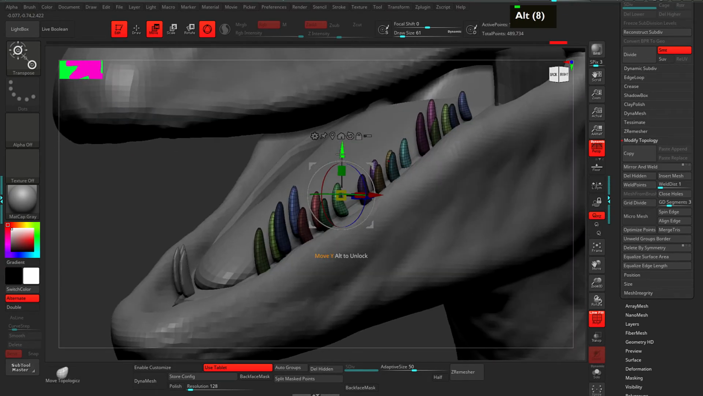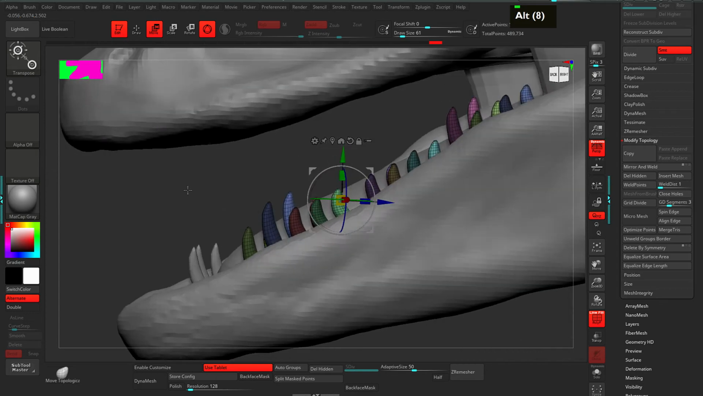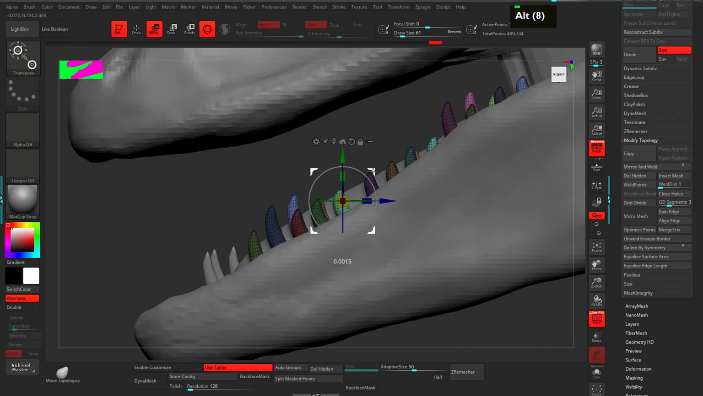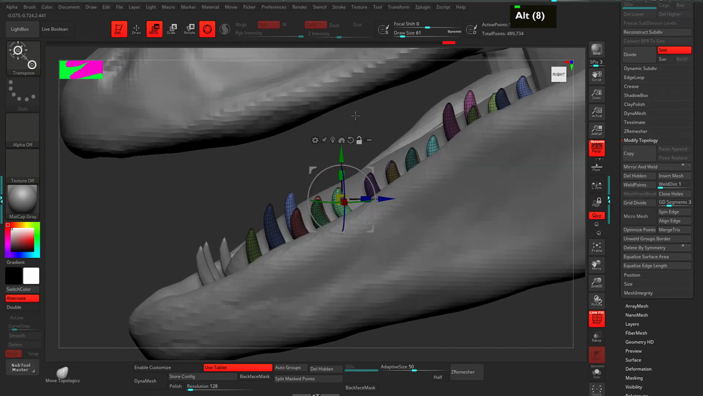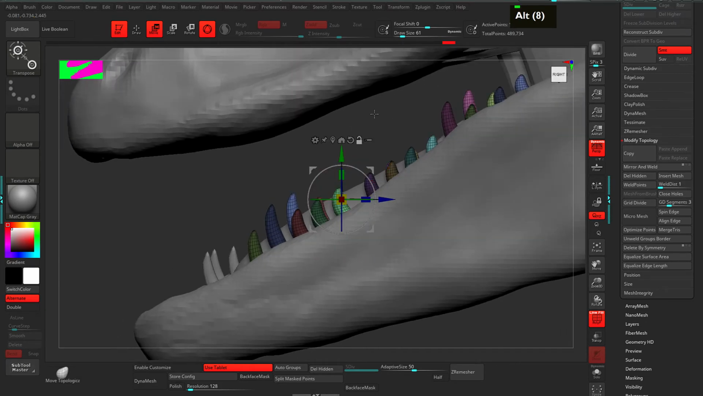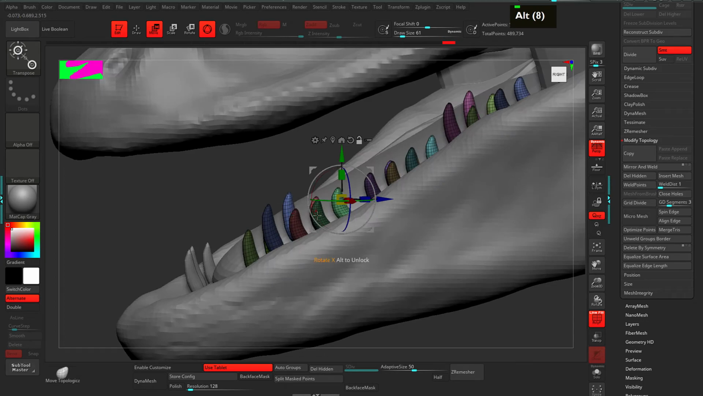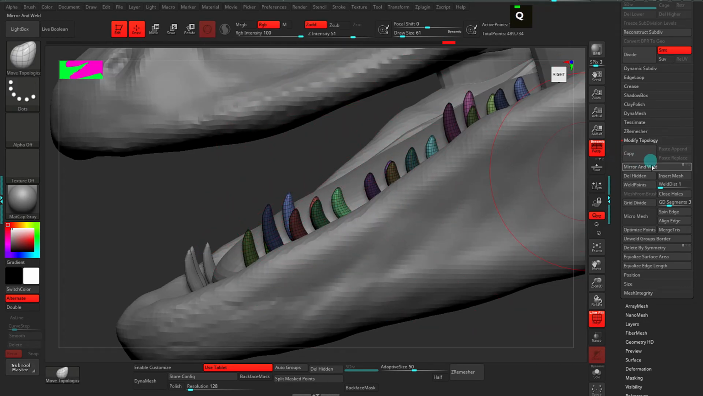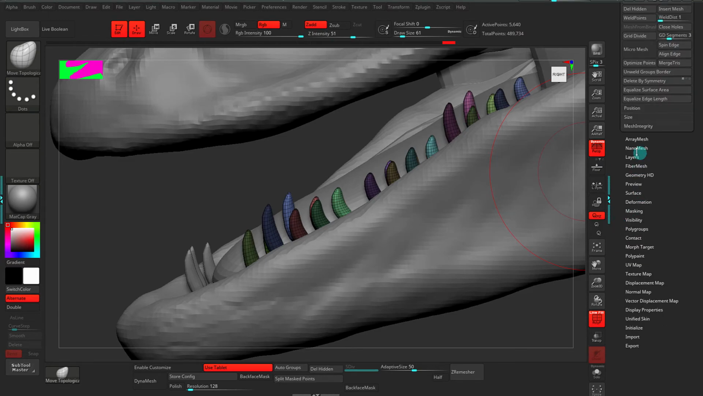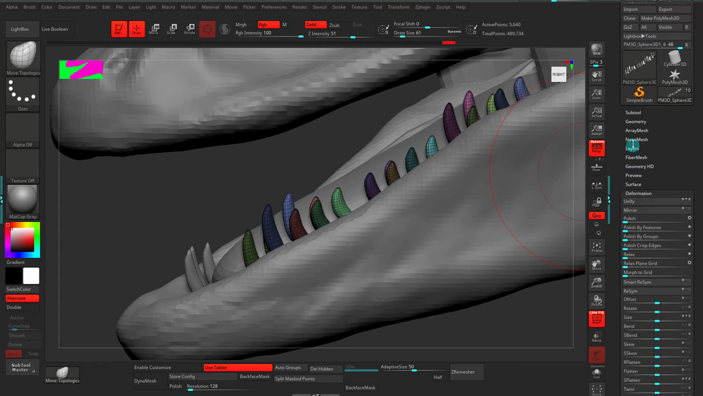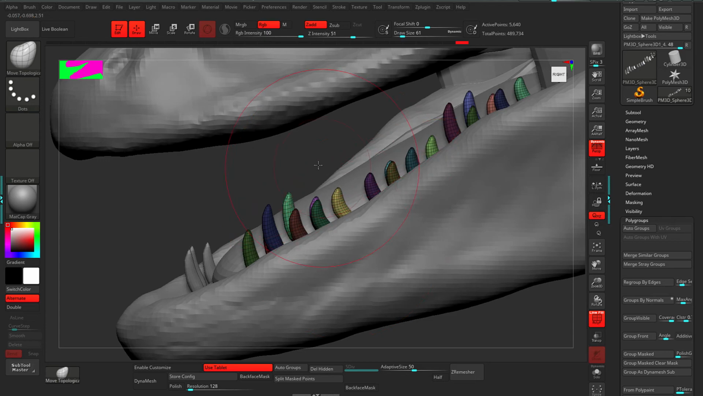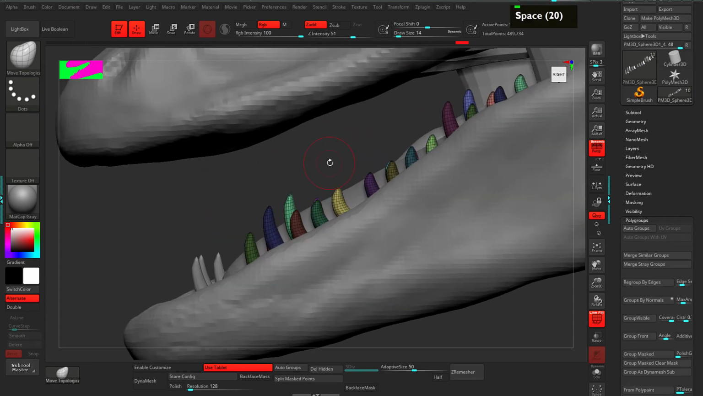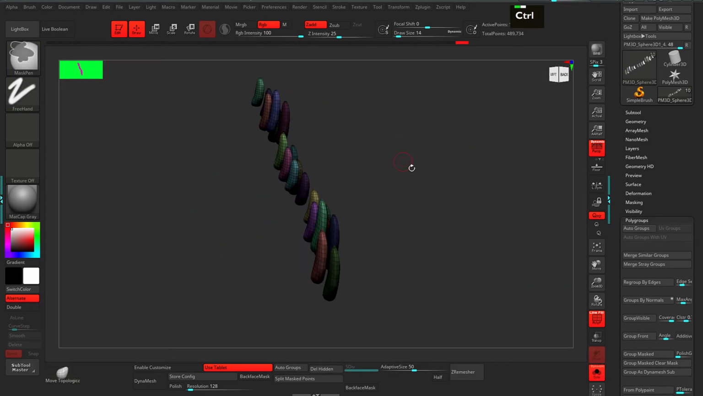Just going to place them in the right place. Okay. Let's go to the auto group. Let's do again an auto group over here, and hit the S key so that we can see what's going on. Let me remove the mask,